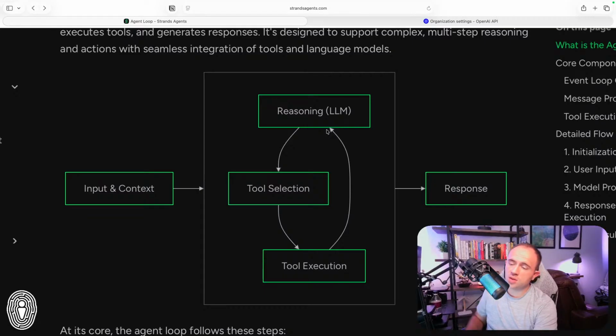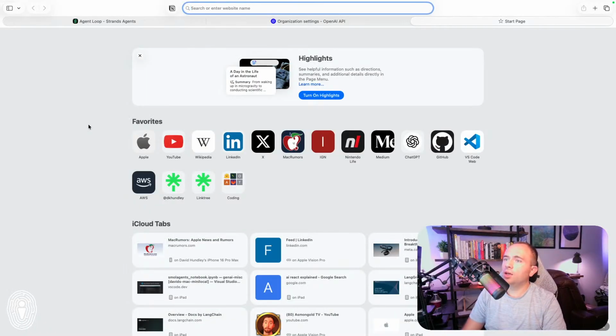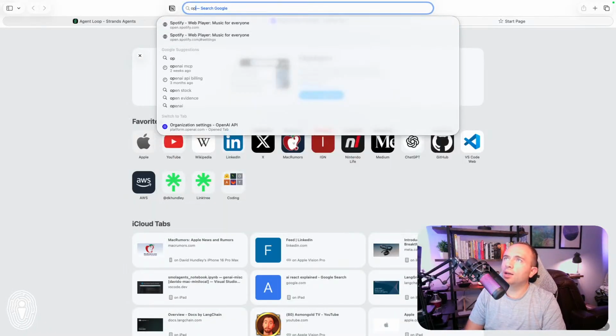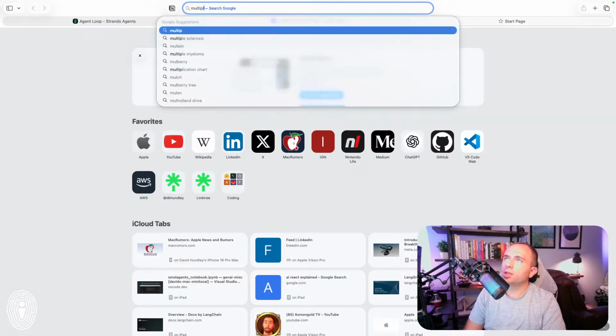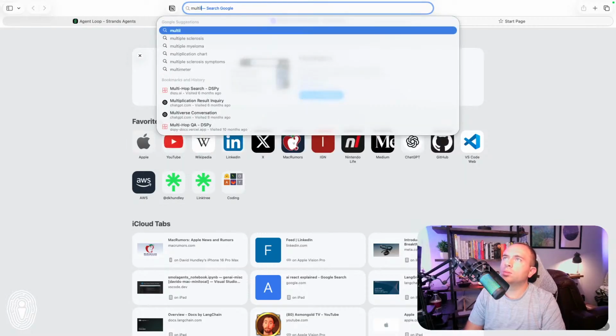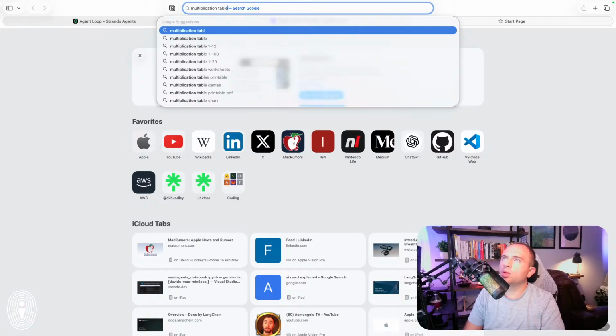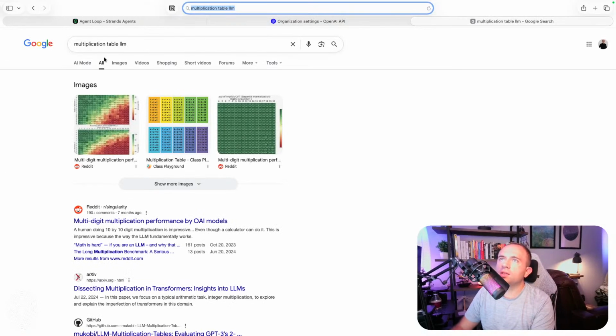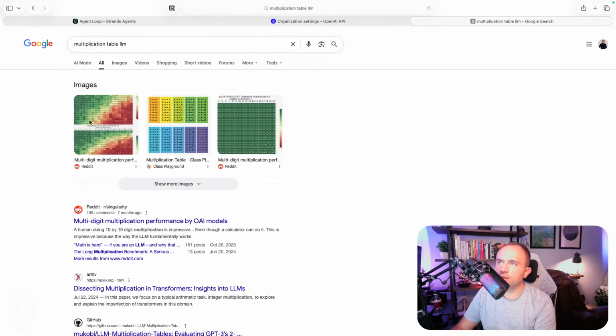It can't necessarily do mathematical operations. Let's actually demonstrate that. So if I search for multiplication table LLM, this is the image that I like to reference here.